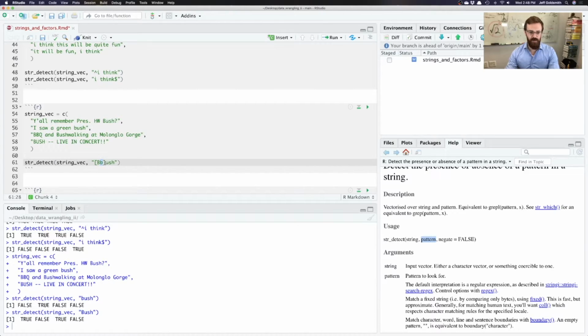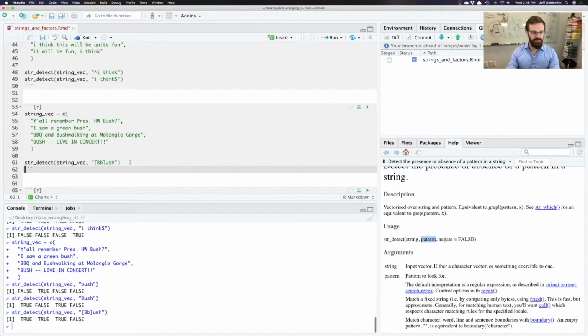Either one works as long as the remaining three characters are "ush" all lowercase. So this is going to give me true because that pattern matches capital B, lowercase b, capital B, and this doesn't match because the remaining characters don't match either. Right? So we're starting to get something a little bit more complicated here,